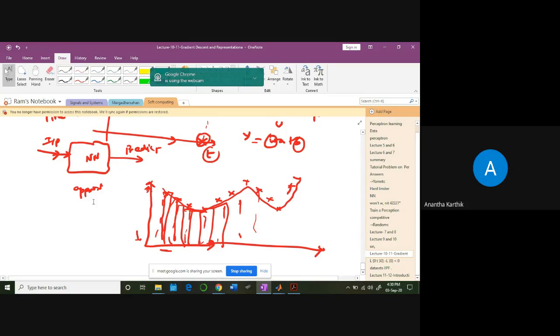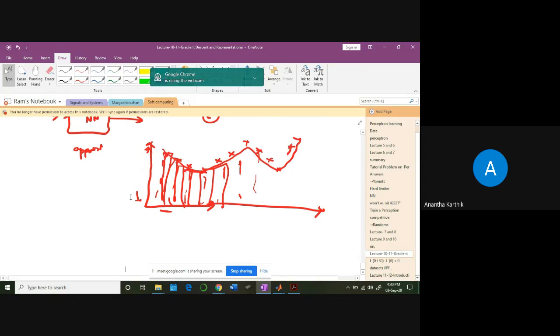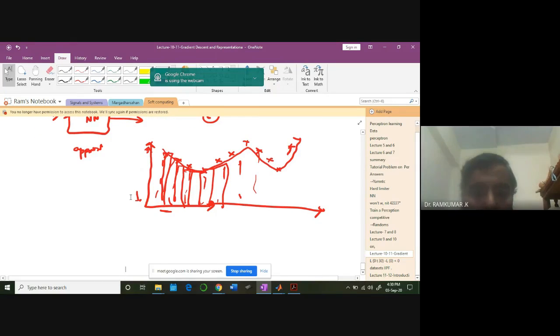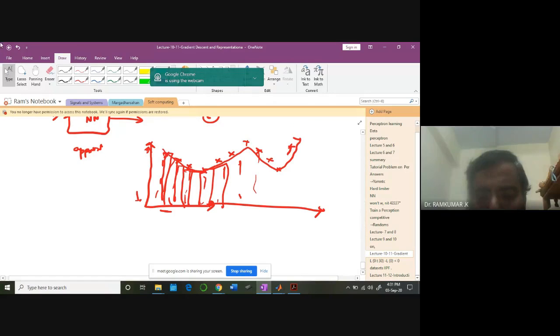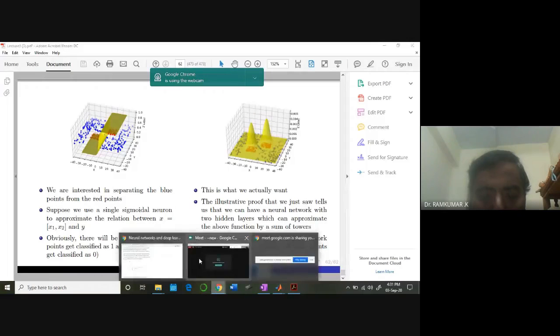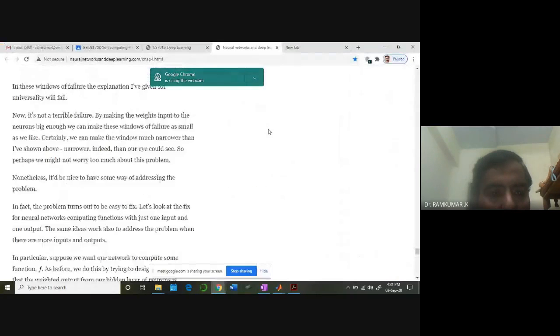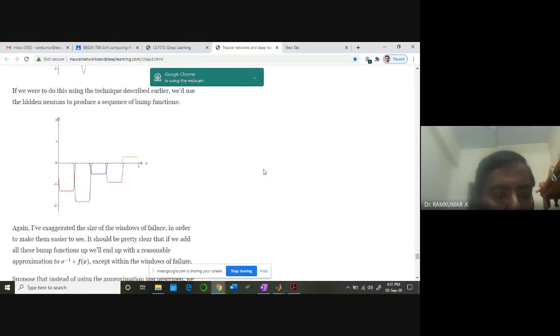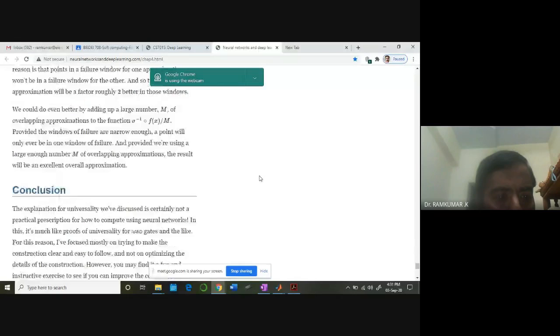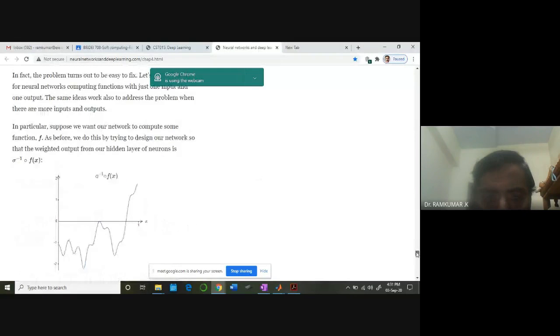Sir, one doubt. In this, do we build towers, or is that for the classification only? Is tower construction only for classification, or do we use that even in regression? I think in regression also we will be using it. Maybe this diagram will be very helpful. Go back here. So here the professor is trying to do that. See, this is the kind of curve we are talking about. So he's trying to build towers here.